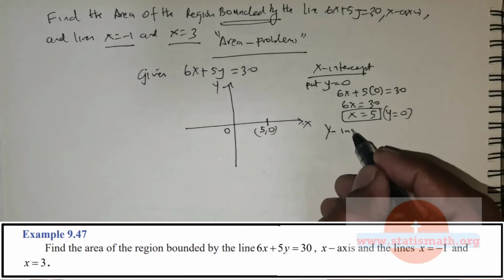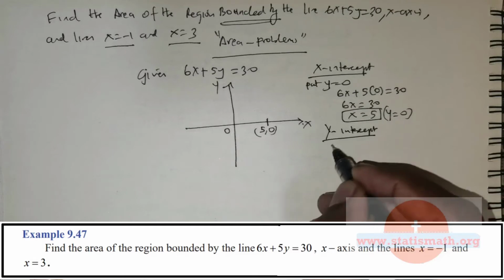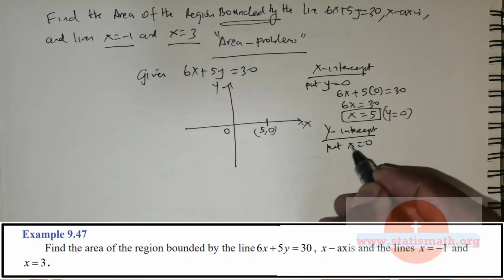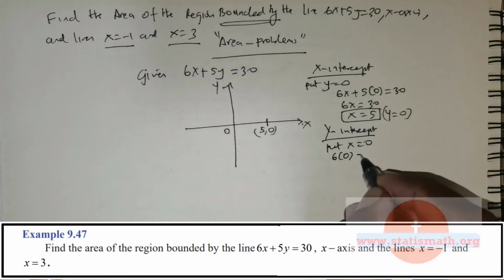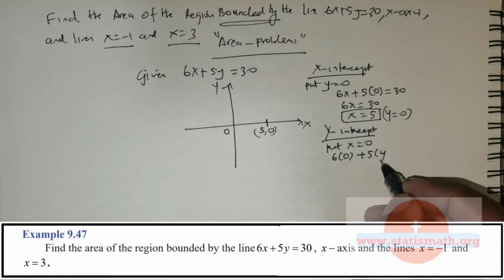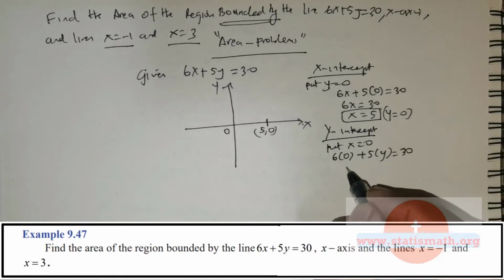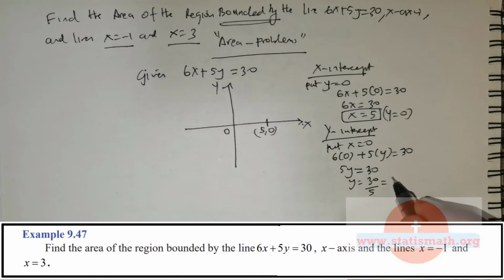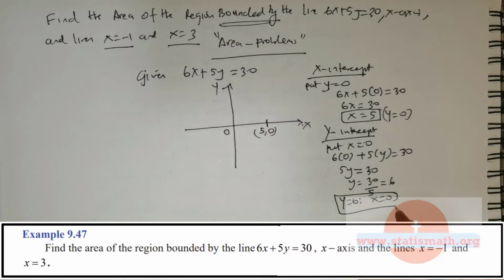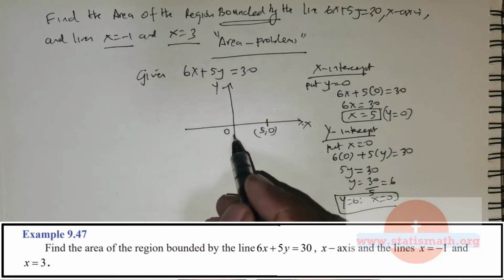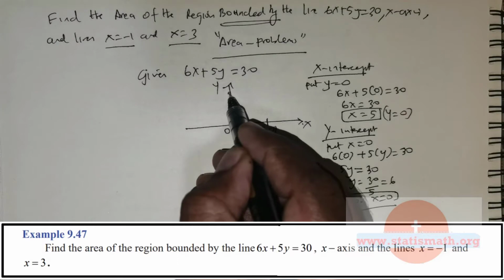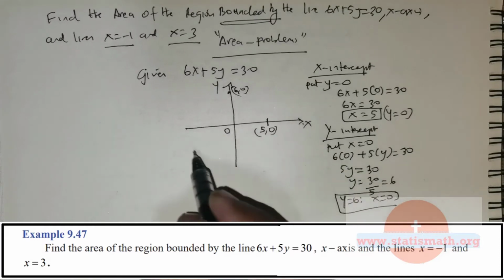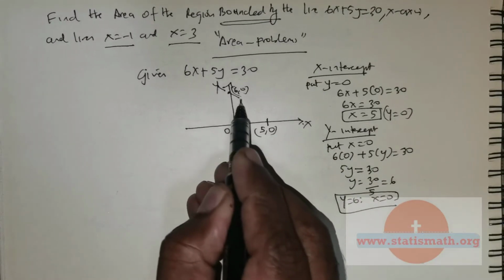Now next, find the y-intercept. To find the y-intercept, you need to put x = 0. So this is going to be 6(0) + 5y = 30. This is going to be 5y = 30, so y = 30 divided by 5, which means 6. So y is 6 and x is 0. This is the next point on the y-axis. If I take this point as 6, this is (0, 6). So the line is actually